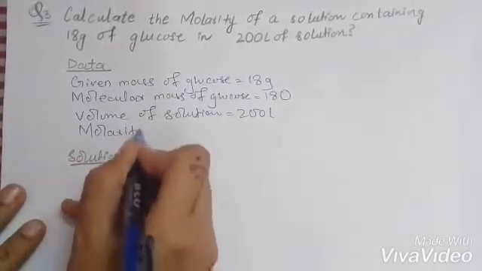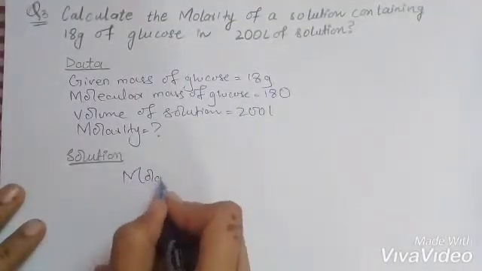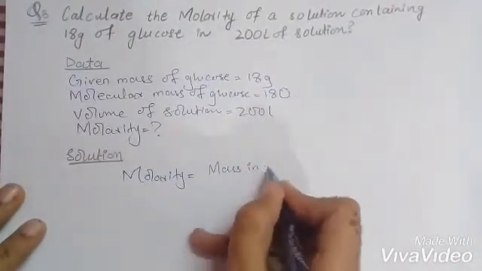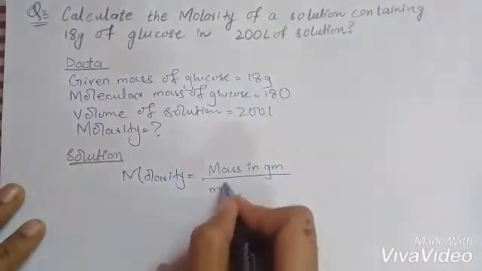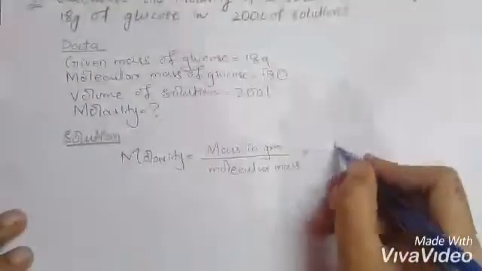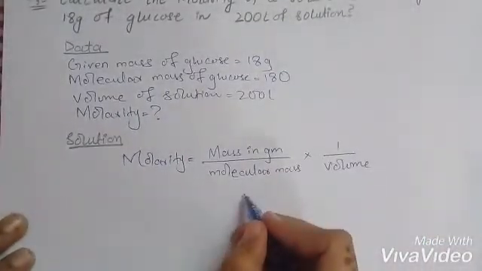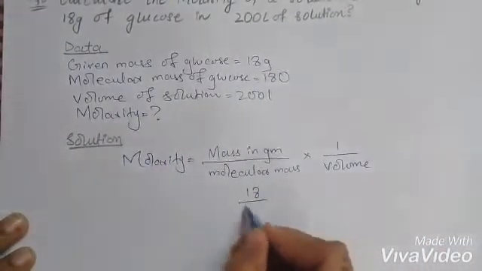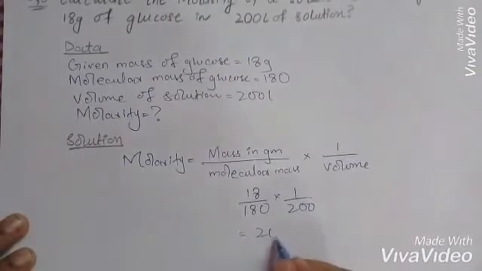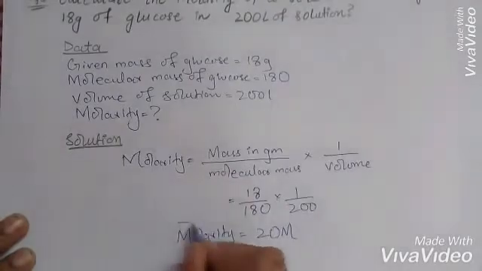molarity is question mark. Now putting the formula, molarity is equals to mass in gram per molecular mass, one divided by volume. Now mass is 18, this volume is 200, answer is 20 M. So this is the molarity of this